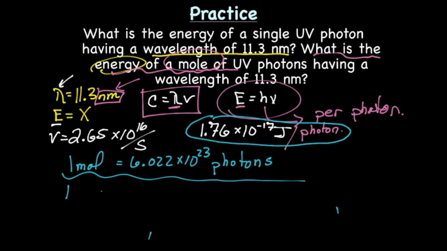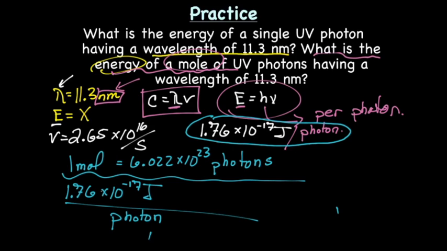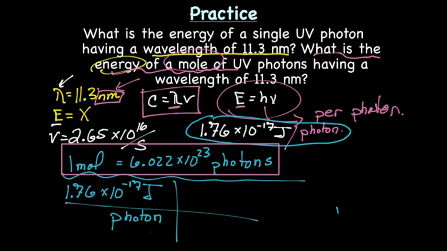We know we have 1.76 times 10 to the negative 17 joules per photon, and we need to convert that to joules per mole. We can use this equality, 1 mole equals 6.022 times 10 to the 23rd photons,